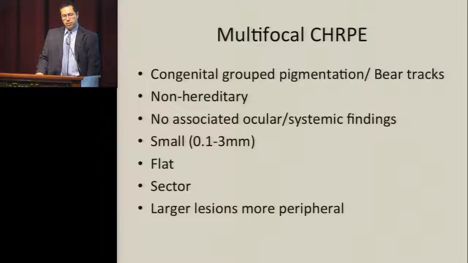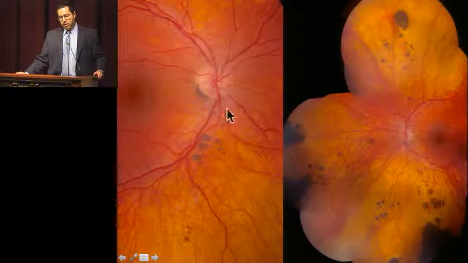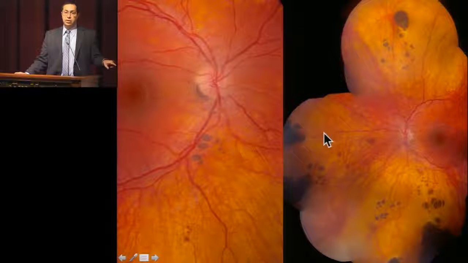So multifocal CHRPEs is also referred to, as I said, as congenital group pigmentation or bear tracks. Remember, these are not hereditary. They are not associated with ocular or systemic findings. They are usually small, flat, usually involve one sector of the ocular fundus. And when they are in a sector, a group of them, usually the larger lesions are located more peripheral. So this is an example in the two eyes of the same patient. Multiple here, here. You can see the larger lesions in every group are more peripheral. Again, don't confuse this with the lesions that are associated with